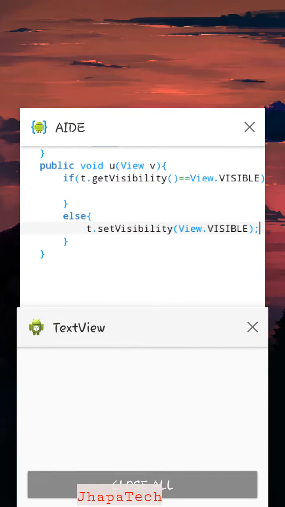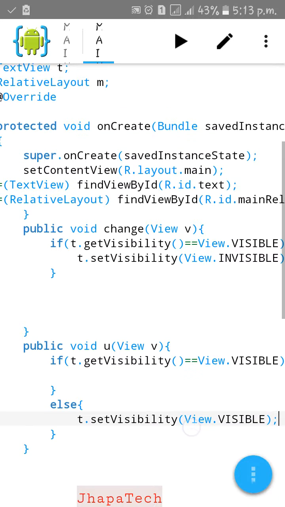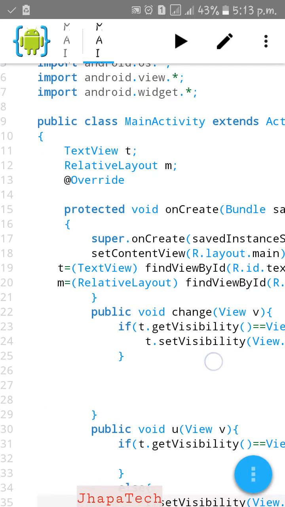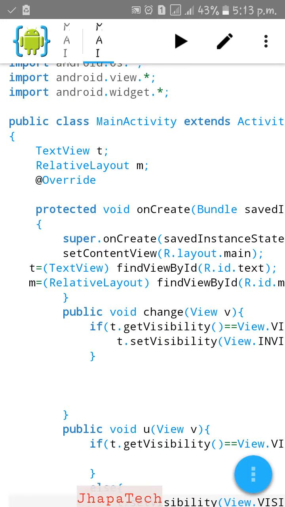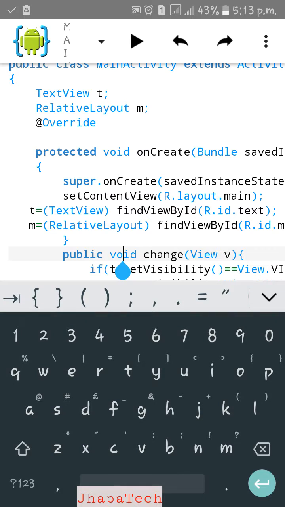Now I'll teach you to hide the upper bar. Sometimes you don't need this bar. So what we can do is, this is a simple code, very simple. What we should do is go to the main onCreate method. This onCreate method is the first created method. Okay, now what we should do is here